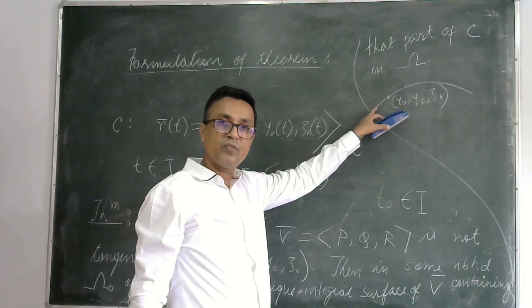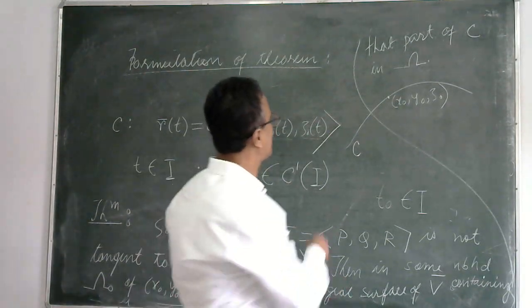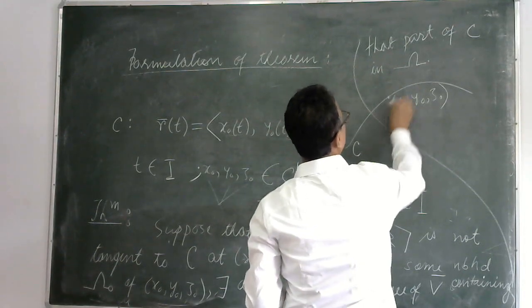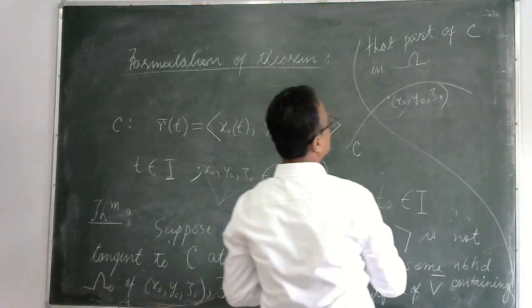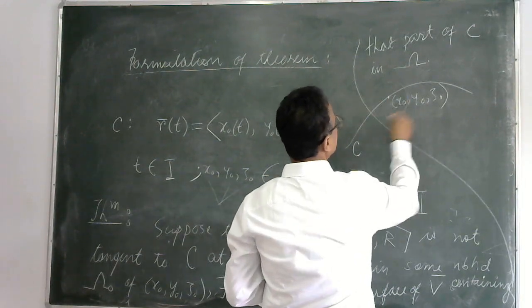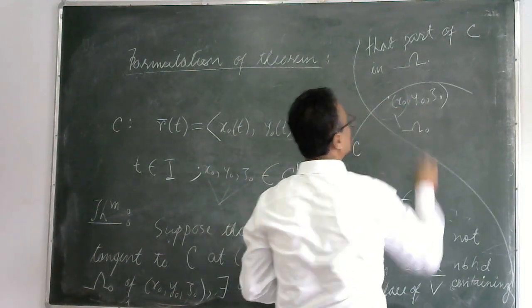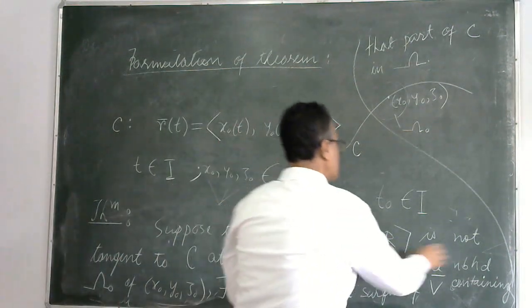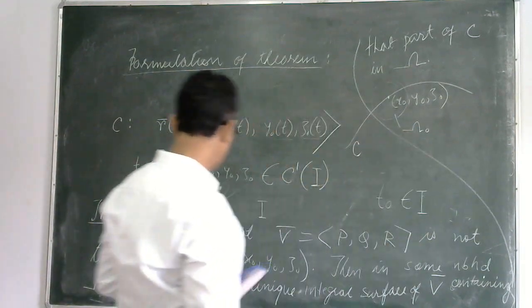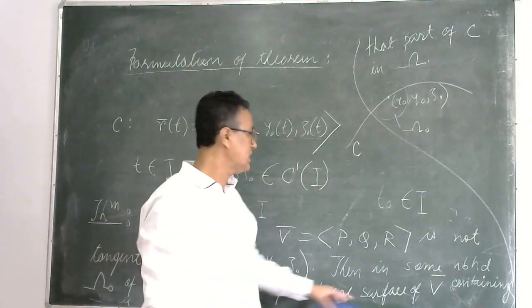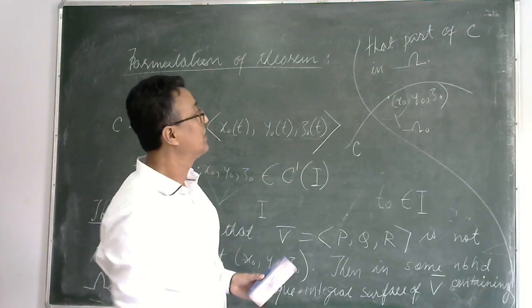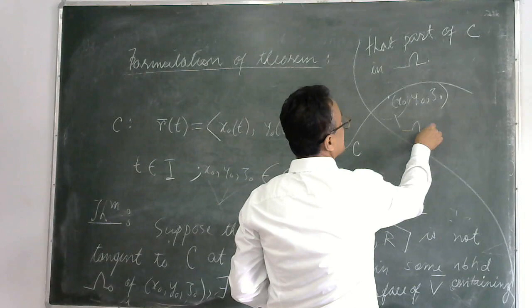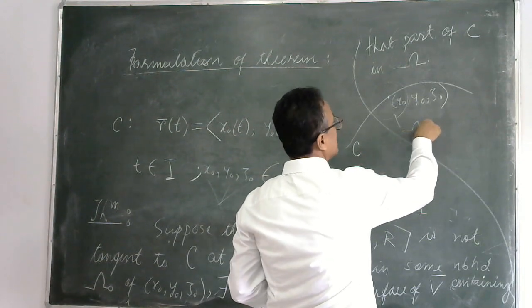curve C, right? Then it says that you consider a very small neighborhood of this point. It may be some open set in R3 containing this point, right? We are calling it omega naught. So it says that in some neighborhood, that is here in omega naught, there exists a unique integral surface of V. Again, because I am considering only